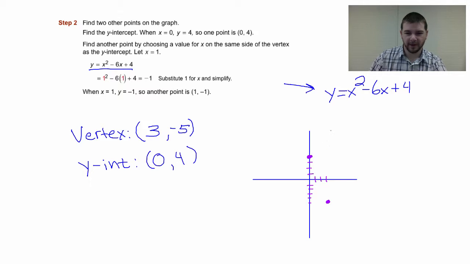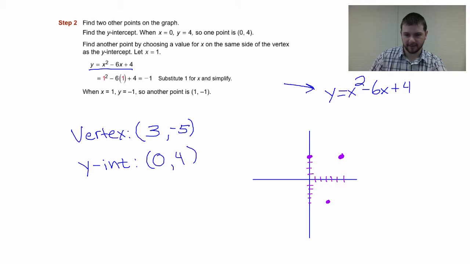And we know that parabolas are symmetric about the axis of symmetry, meaning 1, 2, 3, 1, 2, 3, 4,